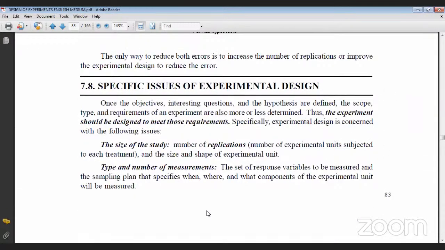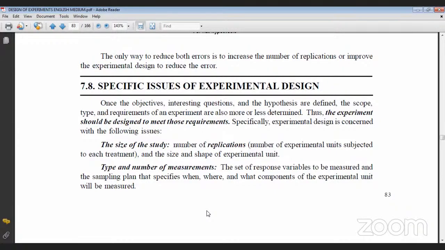Specific issues of the experimental design. Once the objective, testing questions and the hypotheses are defined, the scope, type, and requirements of the experiment are also more or less determined. Thus, the experiment should be designed to meet these requirements. Especially, experimental design is concerned with the following: